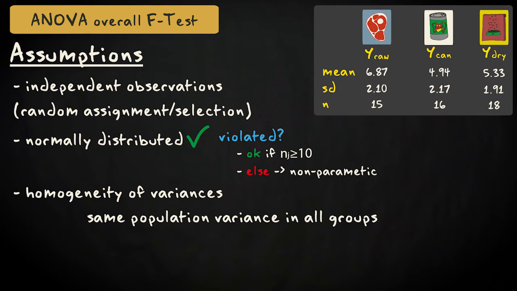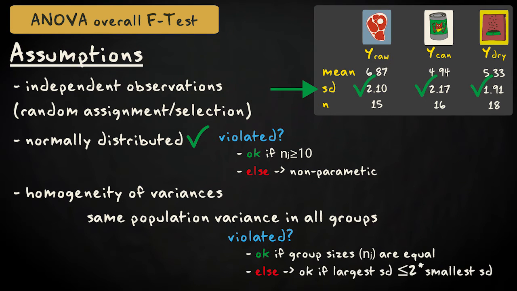Thirdly, analysis of variance assumes homogeneity of variances, which means the population variance is assumed to be the same for all groups. Remember, this assumption forms the basis for the trick of using a population variance estimate that is always accurate and an estimate that is sometimes not so accurate to detect a difference in the means. Moderate violation of homogeneity of variances is not problematic if the group sizes are equal. If the group sizes are unequal, a rule of thumb is that you can still perform analysis of variance as long as the largest standard deviation is no more than twice the size of the smallest standard deviation.